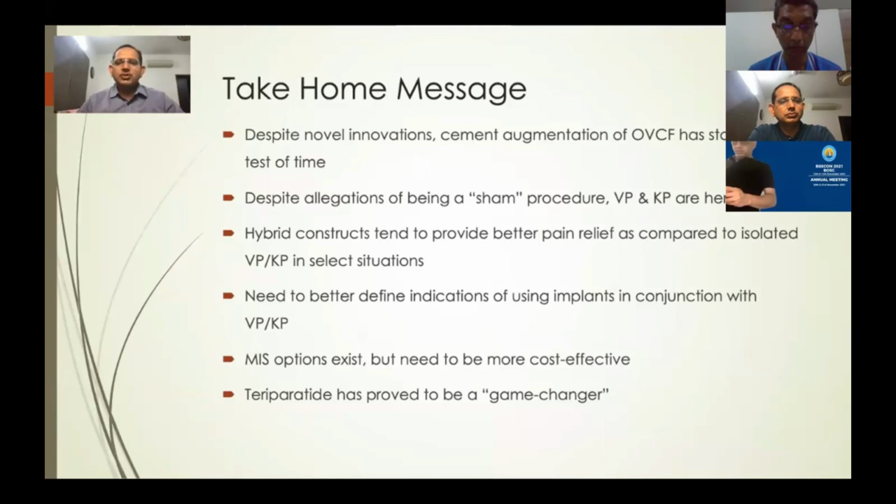So if we take home the message, despite novel innovations, cement augmentation of OVCF has stood the test of time. Despite the allegations of being a sham procedure, VP and KP are here to stay. Hybrid procedures tend to provide better relief as compared to isolated VP or KP in select situations, and we need to better define the indications of using these implants in conjunction with VP or KP. MIS options exist, but they need to be more cost effective, and teriparatide has proven to be a